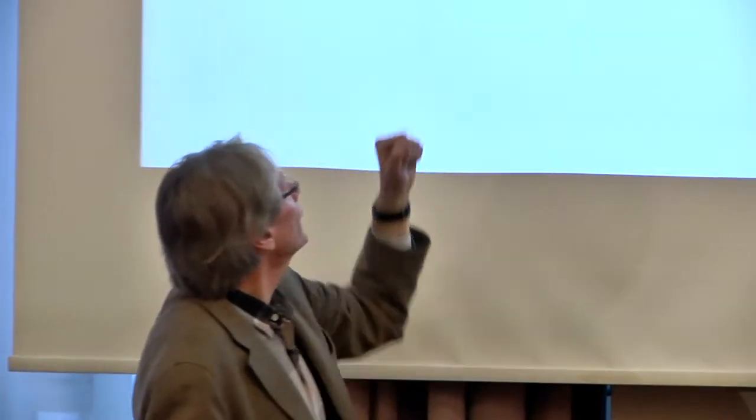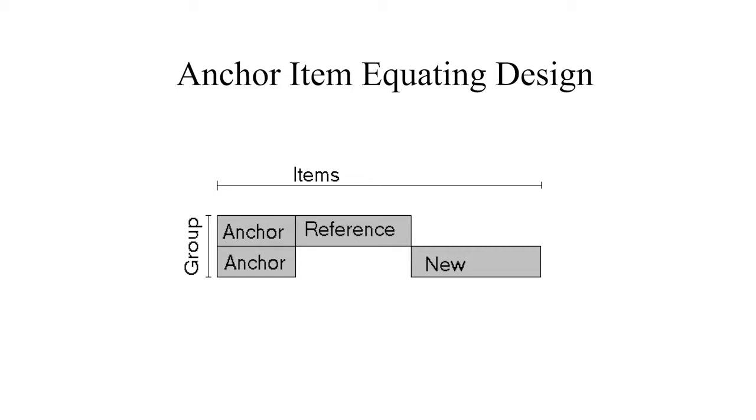So we have to create a link, that's step 1, and we try that by using an anchor examination or an anchor test. An anchor test was a test that was given to the students 2 weeks prior to the actual examination, but it remained the same over the years. We did that for 2 years, 3 years, and we kept that anchor constant. That was the idea, and this was the kind of data matrix that we got from that.